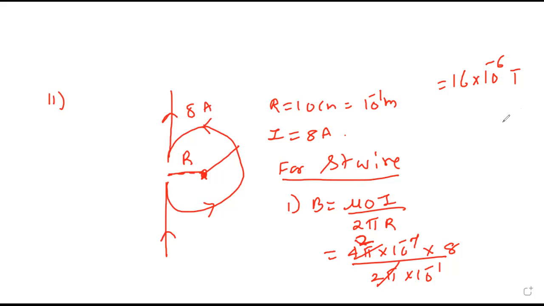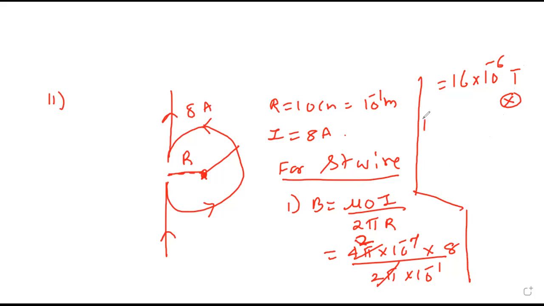By right hand thumb rule. Right hand thumb rule means, for a conductor, you imagine a pen, thumb in the direction of current, then your curled fingers are going where, on the left hand side or right hand side? Is it going inward? Yeah, it is going inward. So the direction is inward. Cross means inward. So for the straight wire, I got field value 16 into 10 raised to minus 6 Tesla and inward.